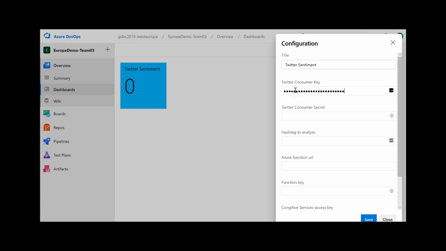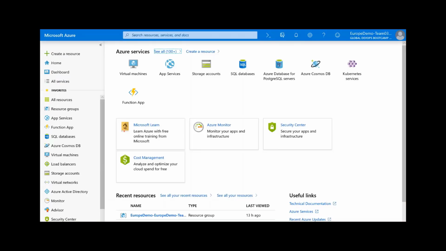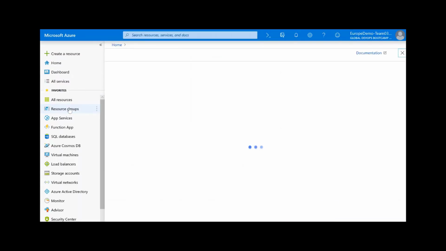The Twitter consumer key. Then we have the Twitter consumer secret. That's on your team page as well. Then we have the hashtag to analyze, and that should be your team name. In my case, it is Europe demo team 3. Then we have the Azure function. To get the Azure function URL, we have to log in to the Azure portal and go to the resource group connected to our team